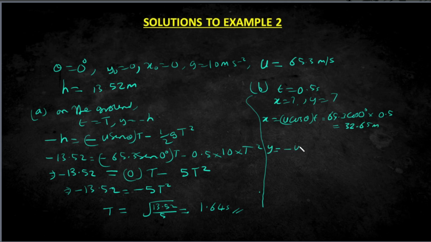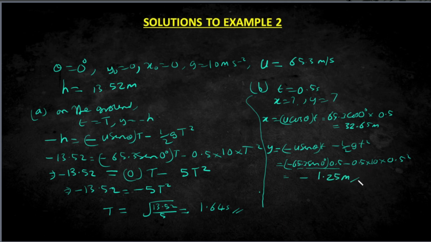Then likewise, we find y. Similarly, y is going to be minus u sine theta t minus a half g t square. Now put everything in. U is 65.3, sine of 0 degrees times 0.5, minus half times 10 times t, which is 0.5 square. Sine 0 is 0, so the whole of this becomes 0. So we have minus 0.5 times 10 times 0.5 square. So if you do all this, you end up having